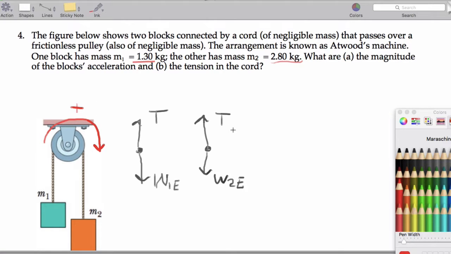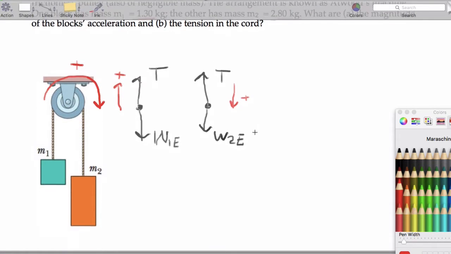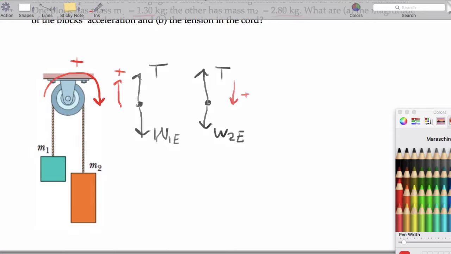So what that means is that for W2, this will be considered clockwise motion and positive. And for mass 1, this will be considered positive motion. And that actually affects how we set up our equations. So what we're going to do is this. I'm going to set up equations for each mass. So for mass number 1,